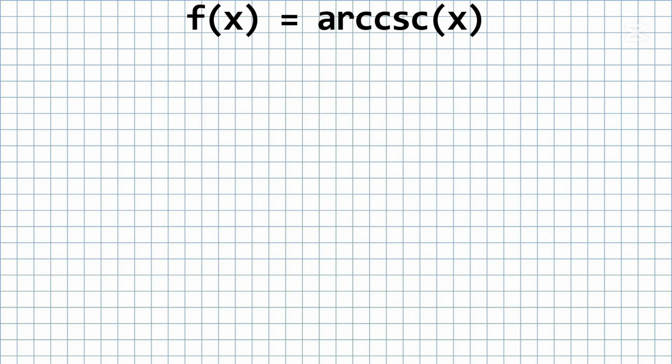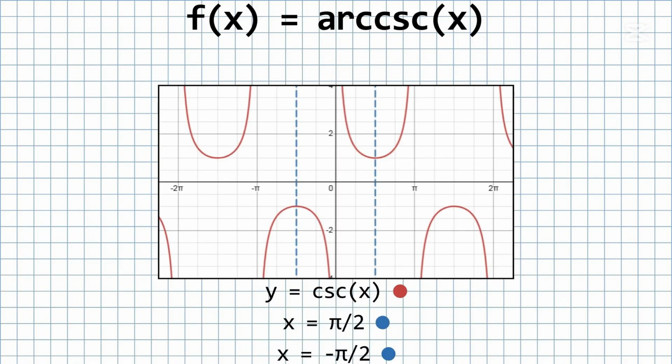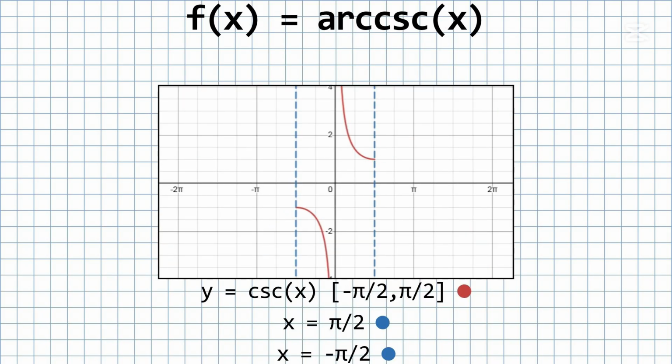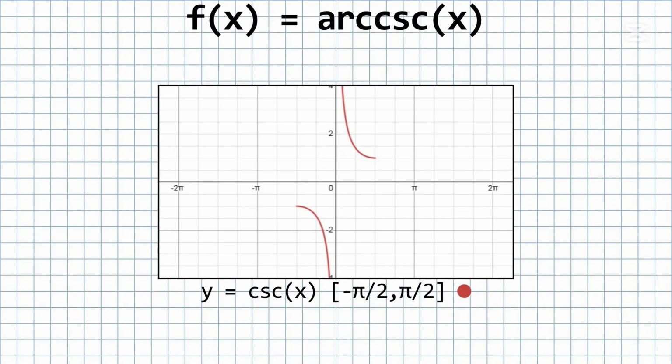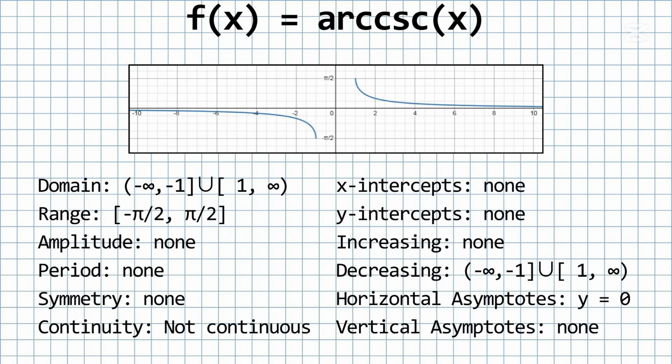Second is the arccosecant function. Similarly, I will start with the cosecant function, and I will take the domain that is closest to the origin, which is from negative pi over 2 to pi over 2, and I will also reflect it over the y equals x function in order to achieve the arccosecant function. Now, the properties of the arccosecant function are: its domain, similar to the arcsecant function, is from negative